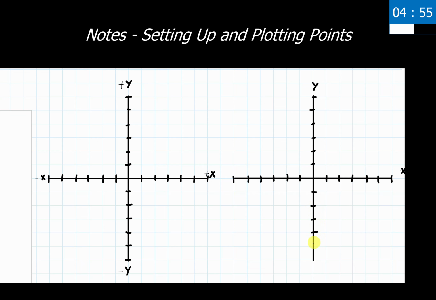For our first graph, let's go ahead and scale this accordingly. Now I'm going to scale my horizontal axis by 1. So every tick mark I'm counting up by 1. So I have 1, 2, 3, 4, 5, and 6 going in the positive direction. Negative direction, I have -1, -2, -3, -4, -5, and -6. So I have my x-axis labeled, I have the positive and negative direction defined, and I have it scaled accordingly.